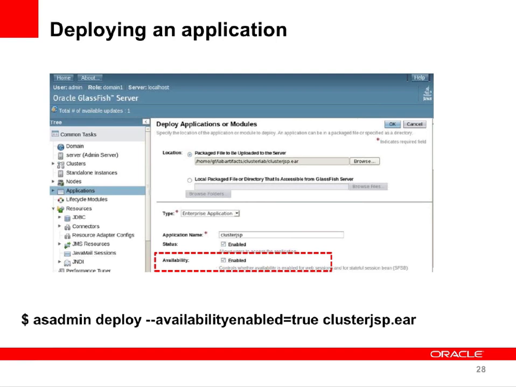Okay. Next slide here is on deploying an application. I suspect many of you familiar with GlassFish know how to do this, but for those of you new to GlassFish, I thought I would show this. You can actually deploy an application using the web console, and that's what's in the top half of the screen. And I thought I would show specifically in the red box that if you want high availability to be enabled,